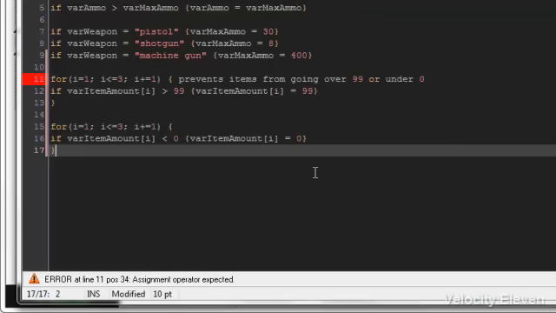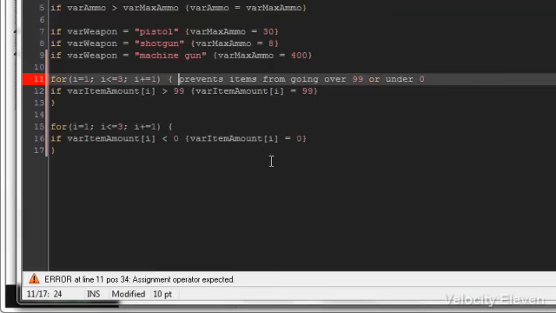If you try to run the game with this object in it, it would be like, what does prevents items from going over 99 or under 0 mean? And it wouldn't understand, and the game would just crash. Because unlike humans, computers don't understand text the same way that humans do. So that's a perfect way to get messages across.